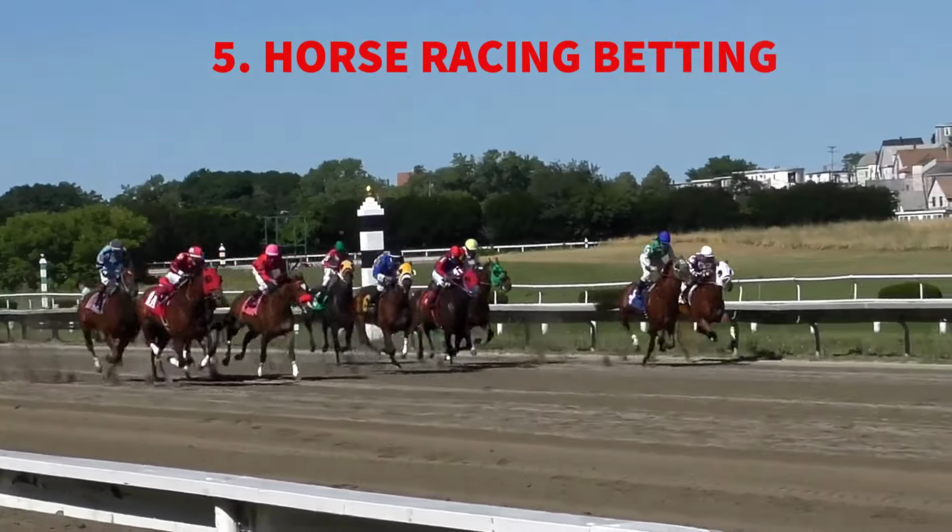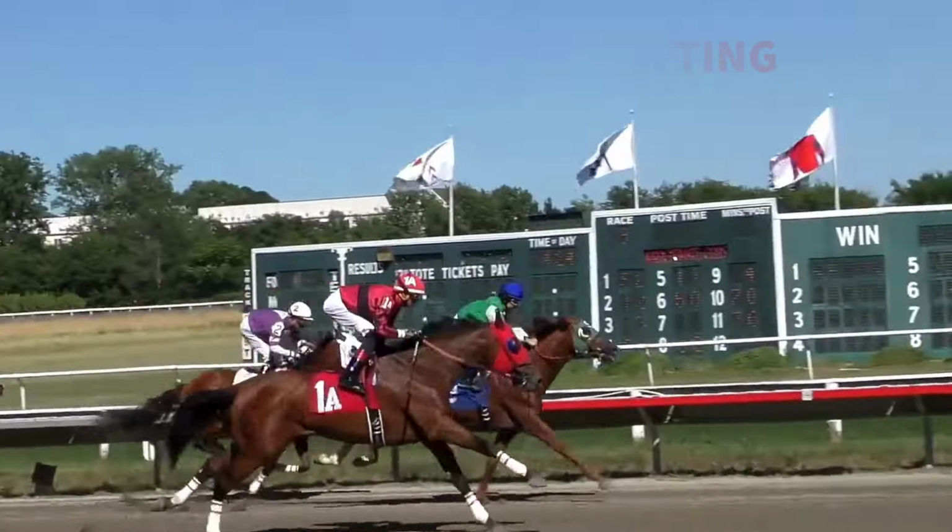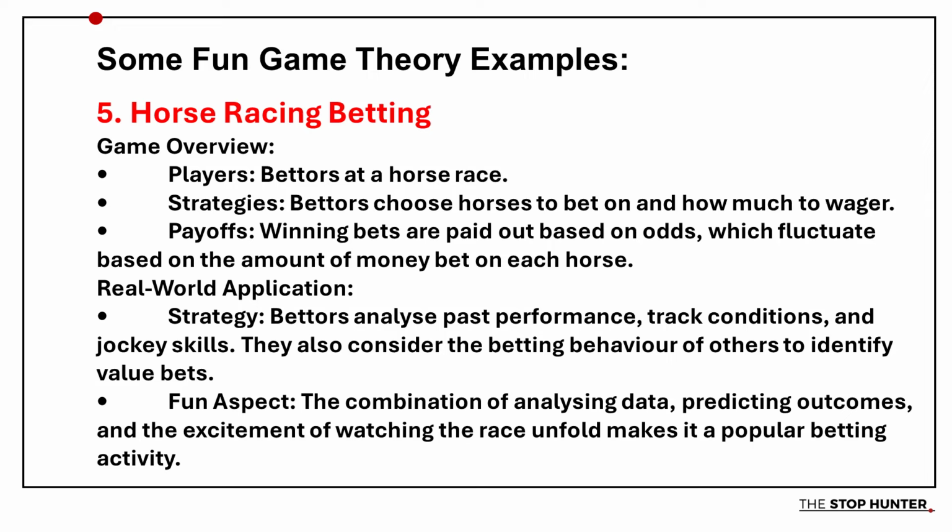And another obvious one, horse race betting. So the players in this game, well, they're the bettors at the horse race, and the strategy behind it. The bettor chooses the horse to bet on and how much to wager, and the payoffs. Winning bets are paid out on the odds, which fluctuate based on the underlying horse and the amount of money bet on each horse. And the strategy there, bettors analyse past performance, track conditions, jockey skills, consider the betting behaviour of others to identify value bets. Fun side of it, combination of analysing data, predicting outcomes, and the excitement of watching the race unfold make it